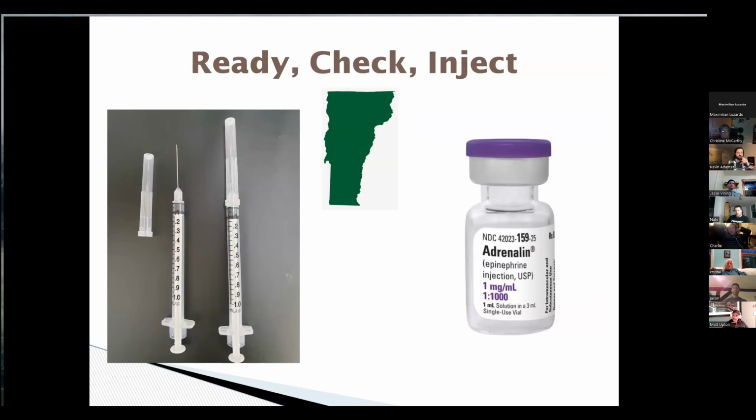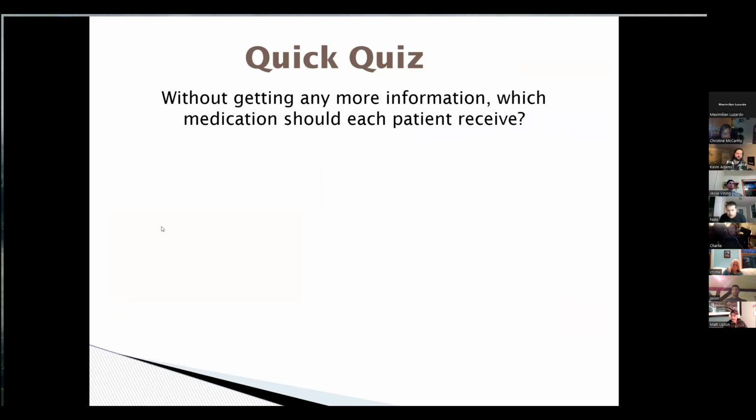Let's see. So then last thing before we take a break, ready, check, inject is the Vermont protocol here. So you will learn how to draw up epi out of one of these using one of these. And you will draw up to that 0.3 or 0.15 to give to the appropriate patient. Part of the reasons we do this